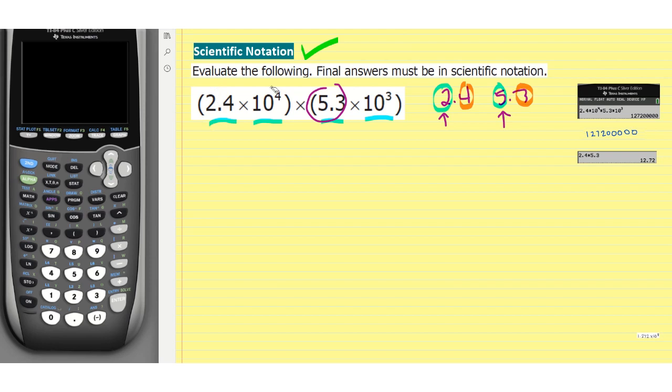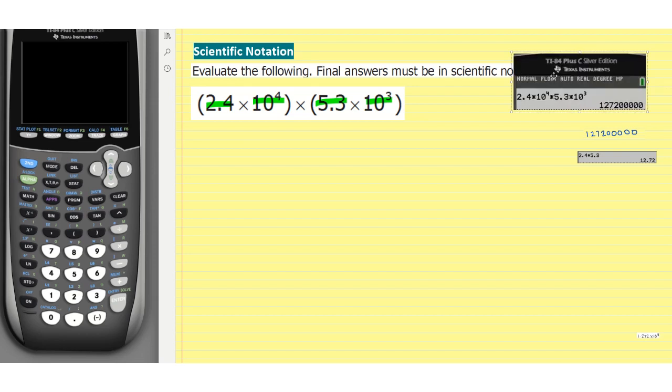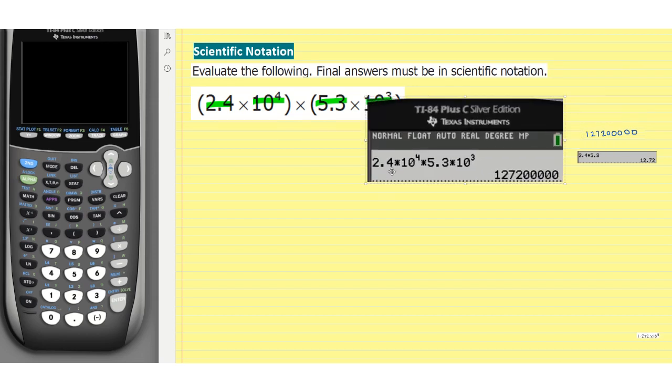Okay, so let's go ahead and erase this so we can look at it. We're going to look at it two different ways. There's one way that sometimes students approach it, and they simply multiply all the numbers: 2.4 times 10 to the fourth times 5.3 times 10 to the third. I've already completed that on my calculator, and I got this number right here,